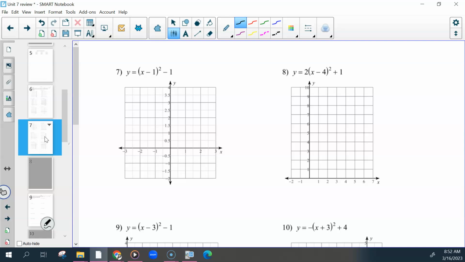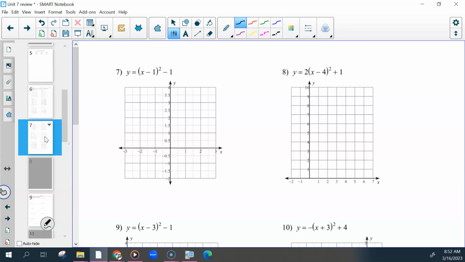So this isn't the one that says review, it's the one that starts off Unit 7, Objective 1 in that packet. But the back of it, so 7 through this. The back of this one? We'll do on the